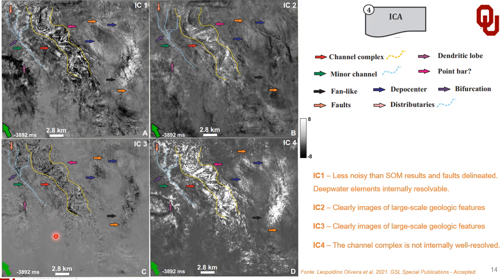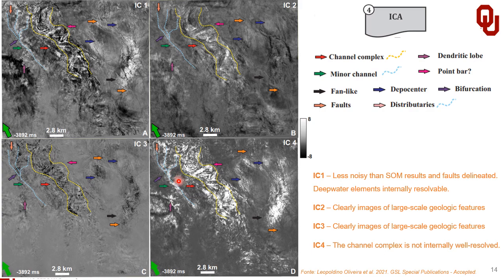However, the smaller scale geological features such as faults and feeder channels are less apparent with the independent component 3 than on ICA1 and ICA2. Although we can delineate the smaller channel, its bifurcation into three distributary channels is difficult to interpret in the ICA3. The independent component 3 better reveals the large-scale geological features such as the channel complex, depot centers, and smaller channels